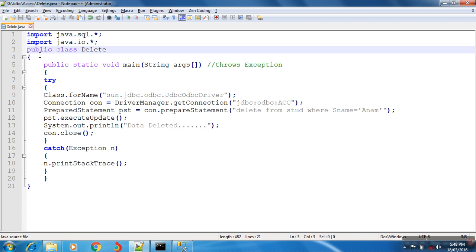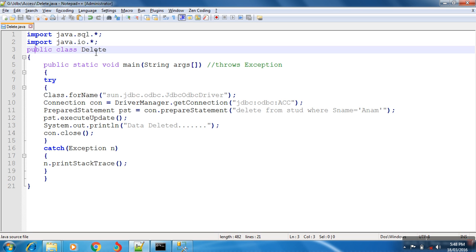What is public? Public and class both are keywords, but public is an access modifier. With the help of this, you can set the permission of the class. That means your variables and methods can easily access your class and functions also. What is your class name? Delete.